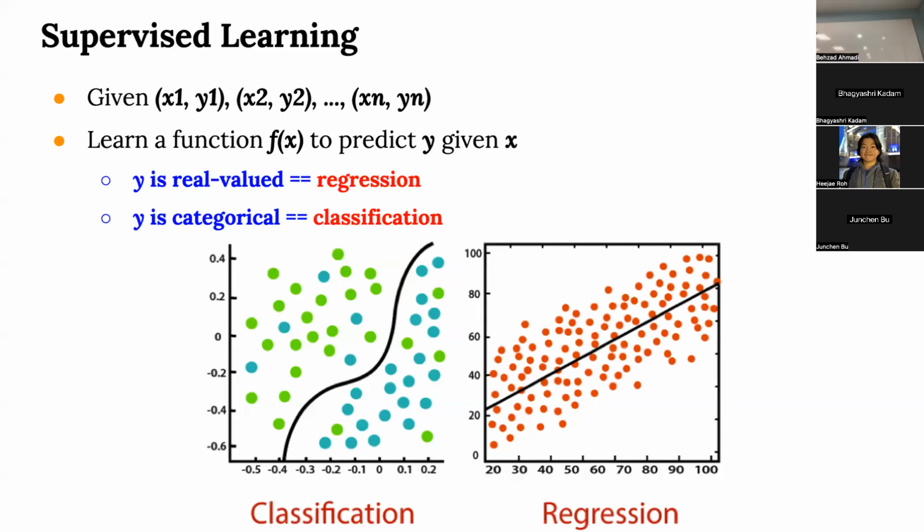So looking at a regression problem, it should be very familiar for anyone. There are a bunch of data that you have collected, y versus x, and then you fit a line to that. It's the simplest line. It's a simple linear regression problem that you're trying to solve today. On the left side,